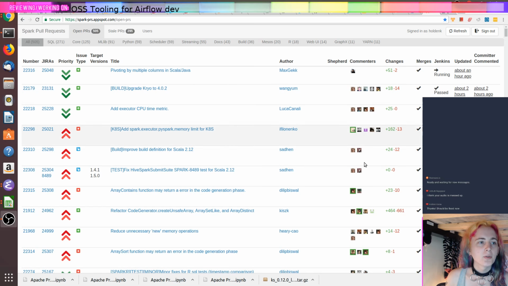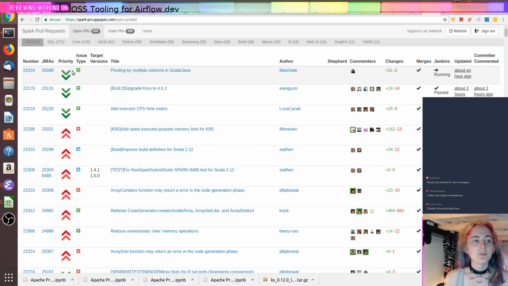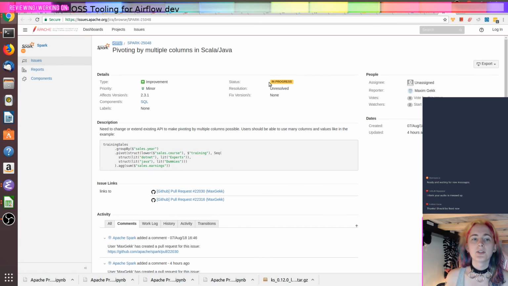This is a PR review dashboard from Spark. It's quite useful in the Spark community. It's broken down by components. You can see if things merge well, if they pass Jenkins. I personally often just click into Python, and then I look at which JIRAs have been updated recently. And that's useful and fun. The other part is it links with JIRA, and the other part which it does is it automatically updates the JIRA tickets associated with the